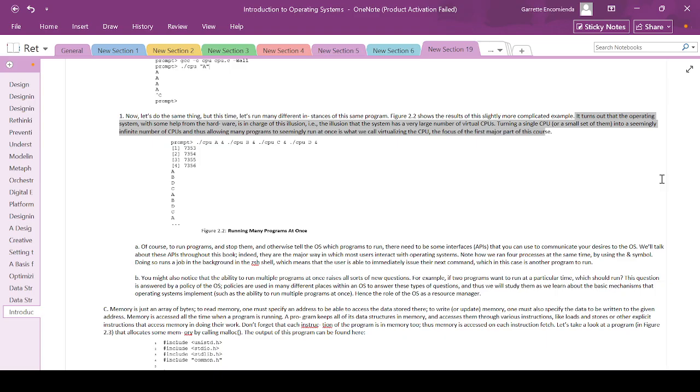So even though we only execute on one CPU, because of the OS coordination with the CPU, it provides an illusion that the system has a very large number of virtual CPUs, turning a single CPU or a small set of them into a seemingly infinite number of CPUs, and thus allowing many programs to seemingly run at once. This is what we call virtualizing the CPU, the focus in the first part of this course. So that's actually what makes this software